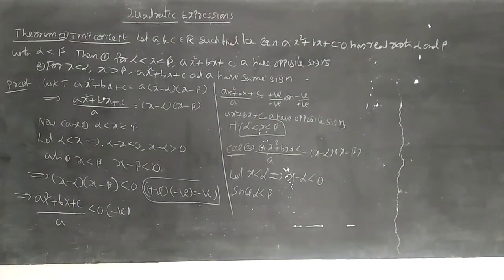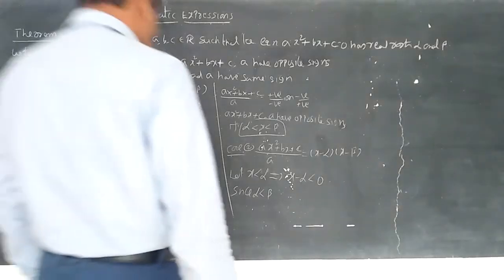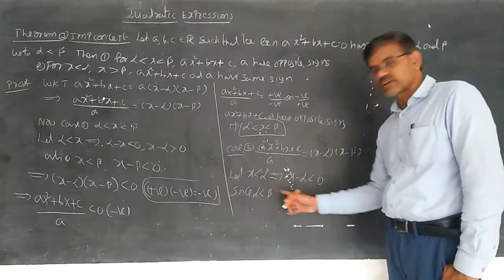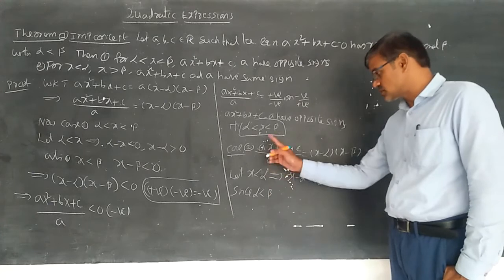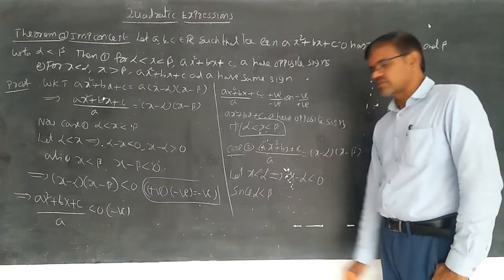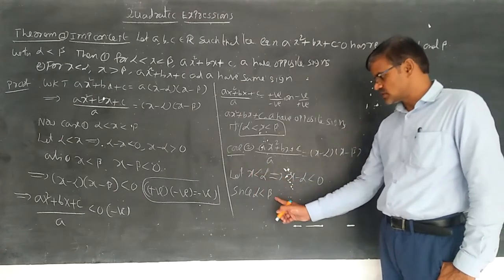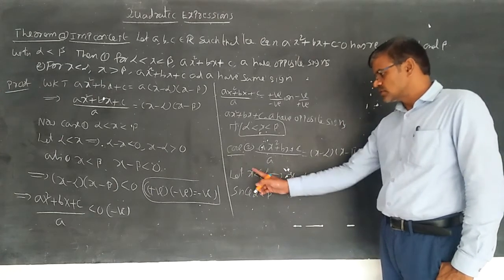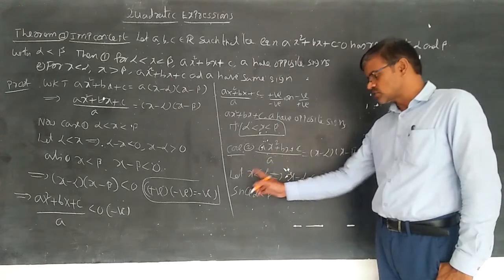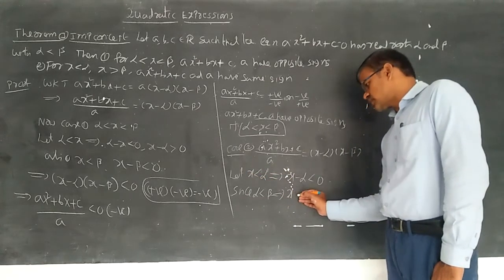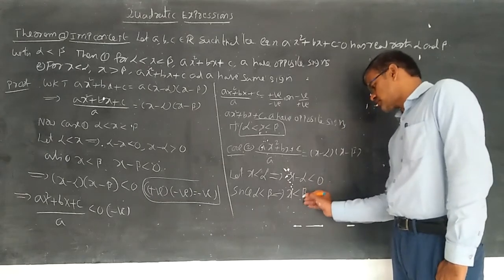Whenever alpha is less than beta, we can understand x is also less than beta, because x is smaller than alpha, alpha is smaller than beta, so beta is bigger than x. If you have any doubt, try to understand this: x is a number 2, and this is 3, this is 5. 3 is less than 5, 2 is less than 3, then you can understand 2 is less than 5. In the similar way, since alpha is less than beta, you can understand x is less than beta.